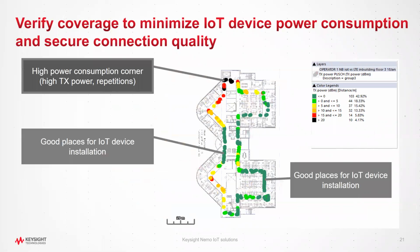And in terms of post-processing, here's a quick walk of an in-building scenario, an in-building venue. At the end of the walk, the test is to verify whether I have good coverage and what is the right location to install an IoT device or an IoT meter. It can be a power meter or a water meter, whatever the IoT device is. After the walk is done, the green shows really good coverage and good transmit powers, whereas what you see in black and red are locations where there is a high number of repetitions,